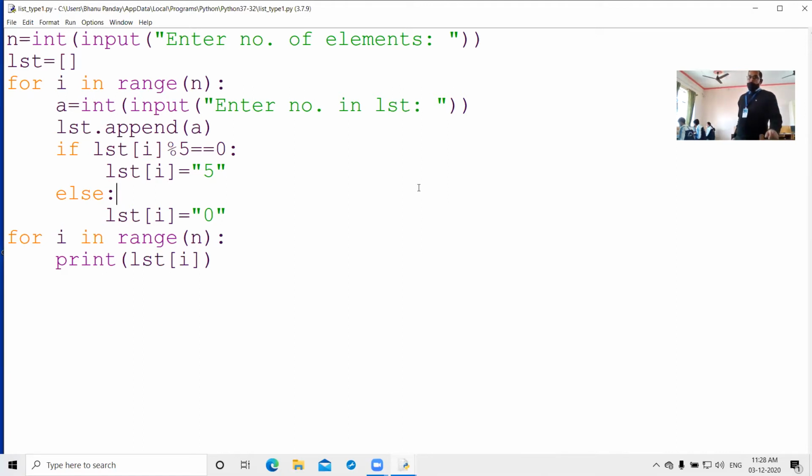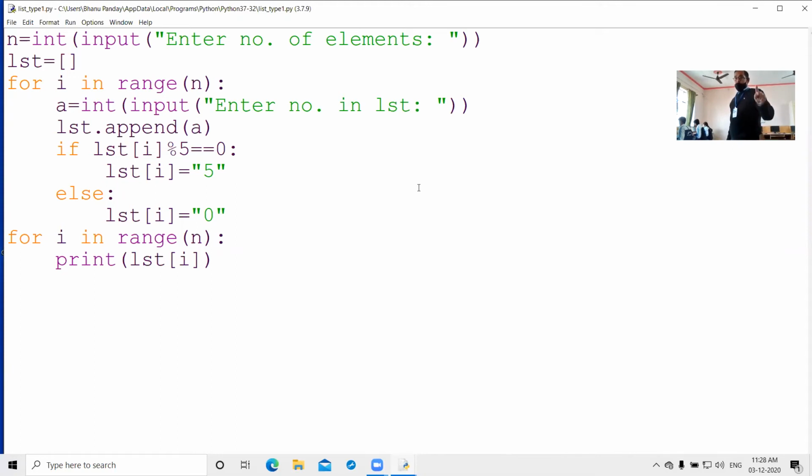Clear? So here a equals int input enter number in list, then lst dot append bracket a. That means your new element will be assigned in the list.